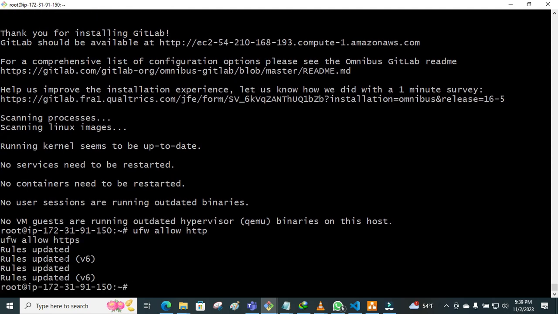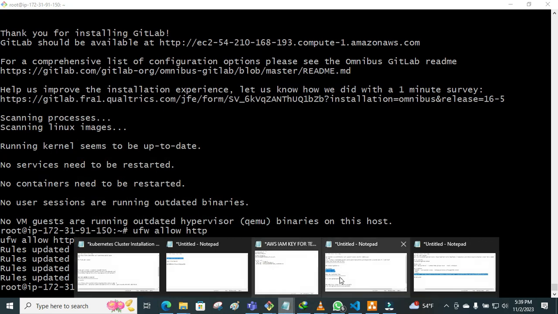Good, these 2 commands were updated. I think our HTTP and HTTPS connection are now alive. The next thing is